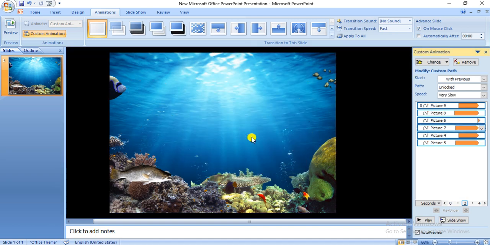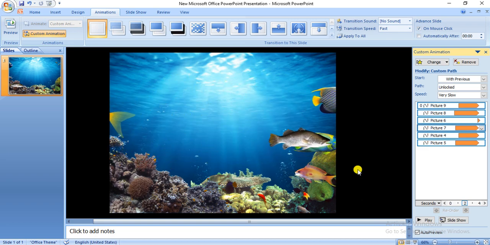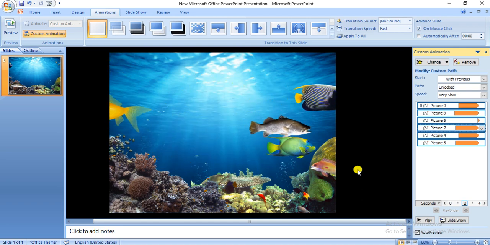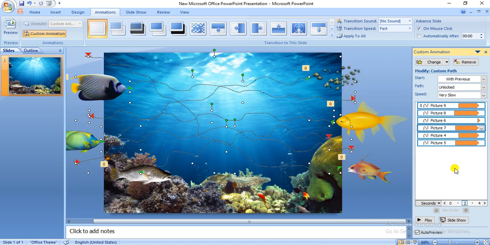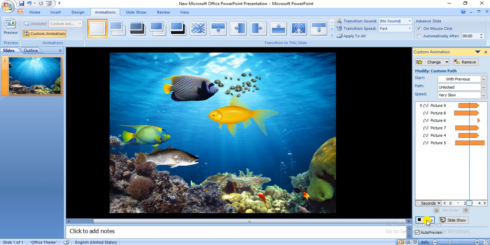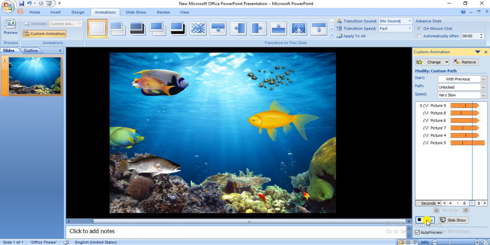So when you click on OK and you will just play it, you will see an animation of 6 to 7 seconds. You can see. And okay, so if you want to increase, you can also click on this and you can increase the time. So I'll just increase the time to let it be 29 seconds. Okay, so again I'll click on play and you can see a particular realistic animation with the fishes. So you can see,